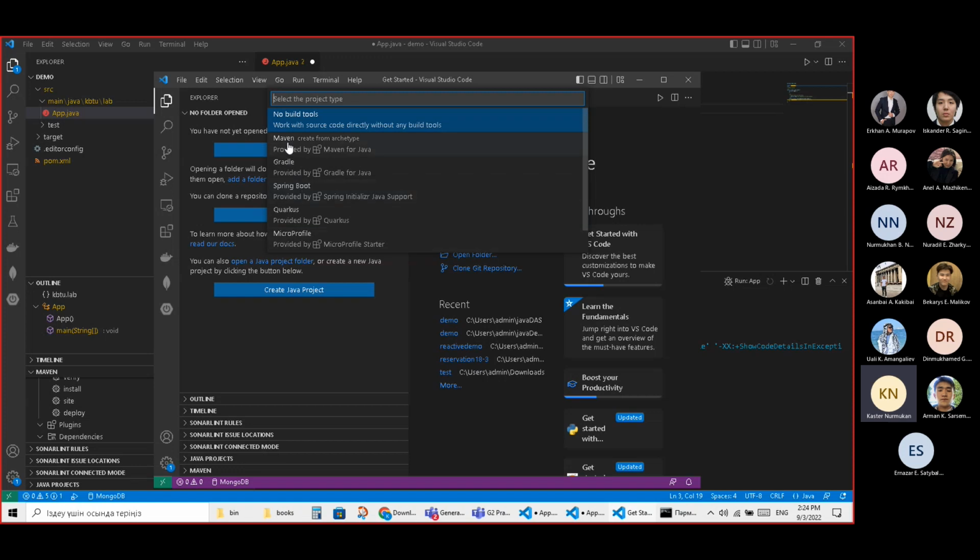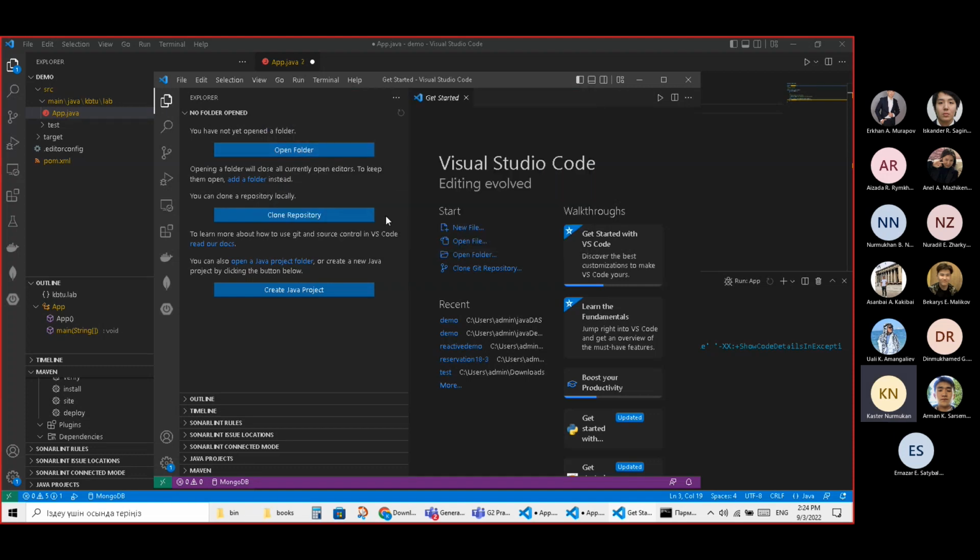The two of them you can choose from are Maven and Gradle, which serve exactly the same purpose. They are build and deployment tools, so they help you optimize your compiling and running process. You can just choose Maven, then it will ask you